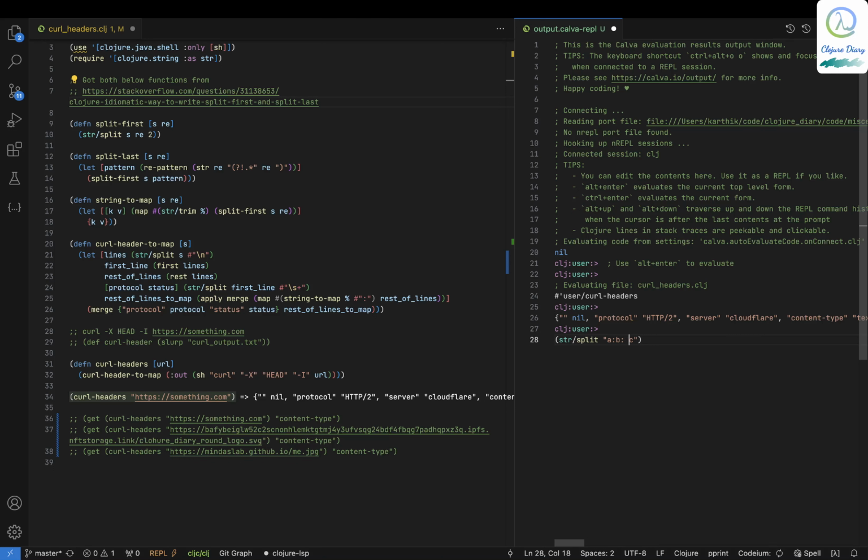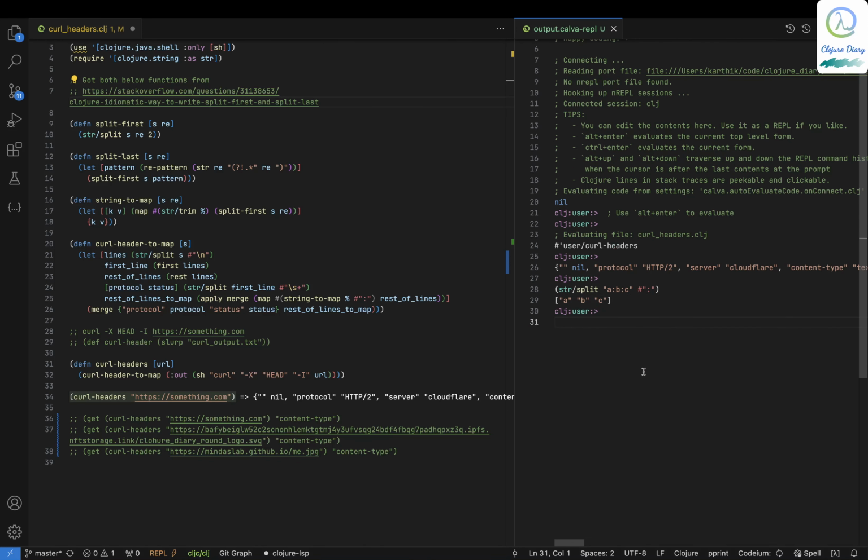If I give a regular expression, colon, it splits everything and just gets a, b, c. But what I want is to split only on the first one. So if I put split first,